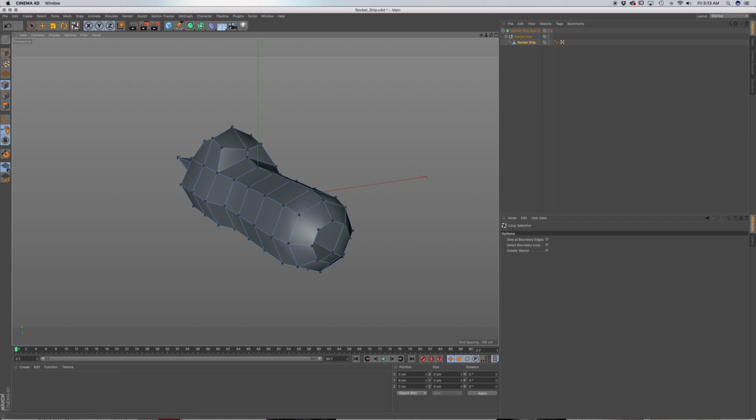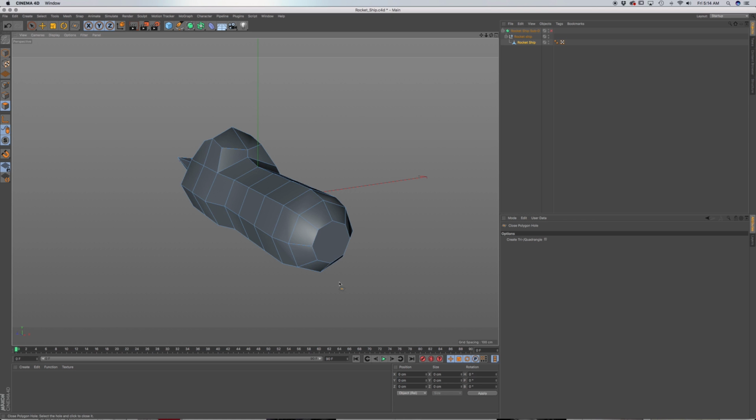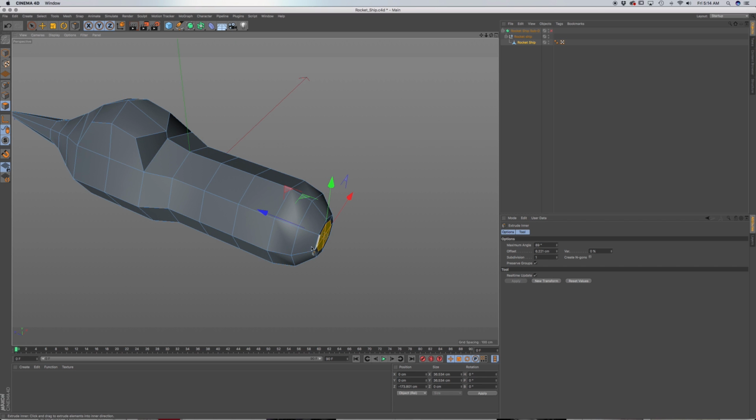And MD on the keyboard. Close polygon hole. And in knife, we'll make a cut here and here. Select these polygons and we'll make an inner extrusion, pull this out,